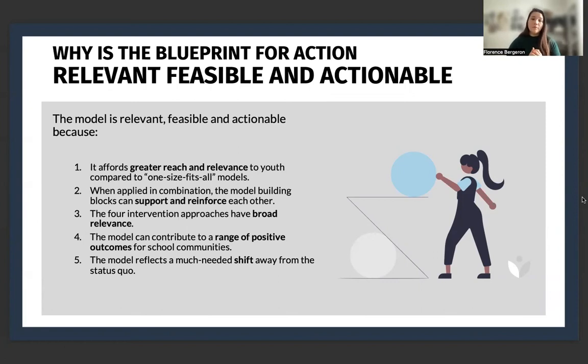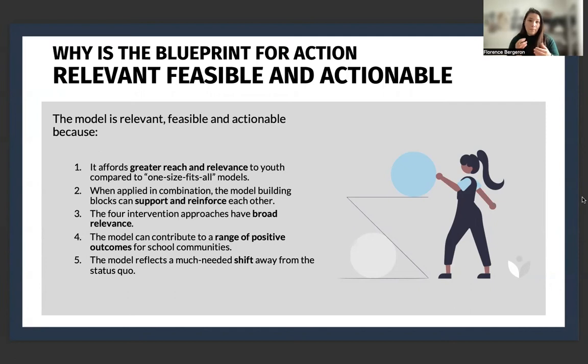Second, when applied in combination, the model building blocks can support and reinforce each other. As we were saying, there is a lot of overlap between the comprehensive school health framework and the different intervention approaches.